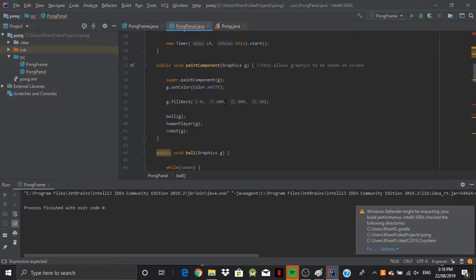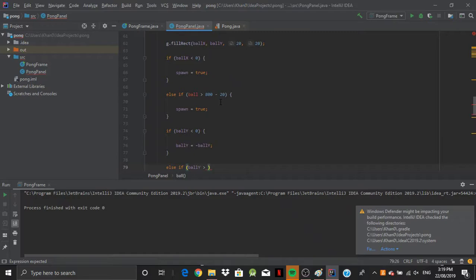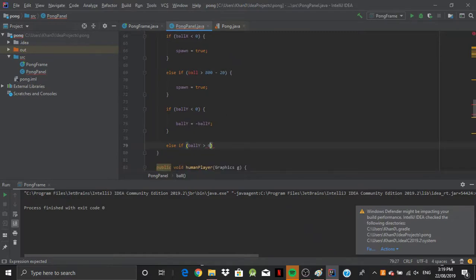Where's our boundary? It's at 600. Is greater than 600 subtracted by the ball's height, which is 20,